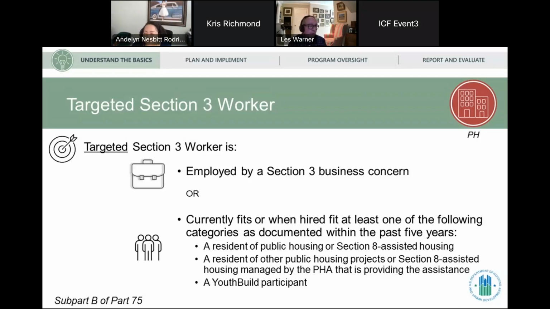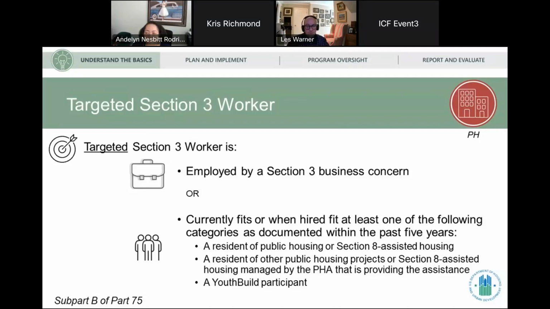And I'll just mention that this flexibility is part of this. Under the old rule, Section 3 focused on new hires only. This expanded version is looking at the overall labor workforce.